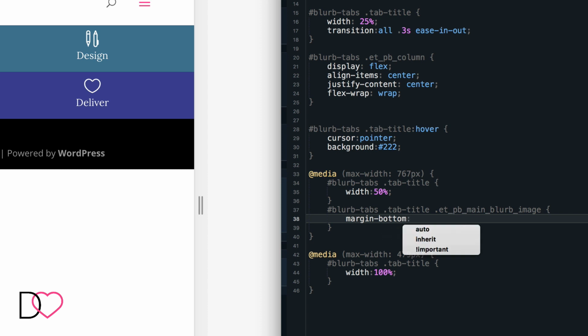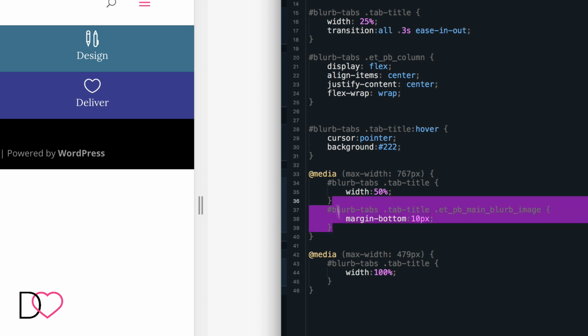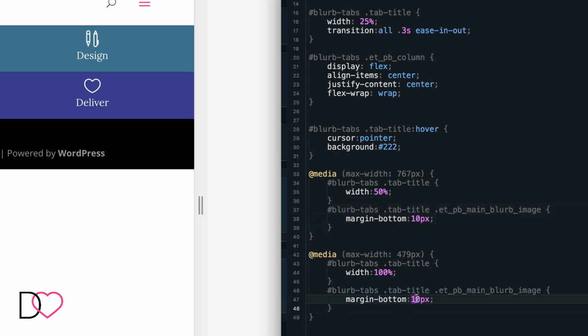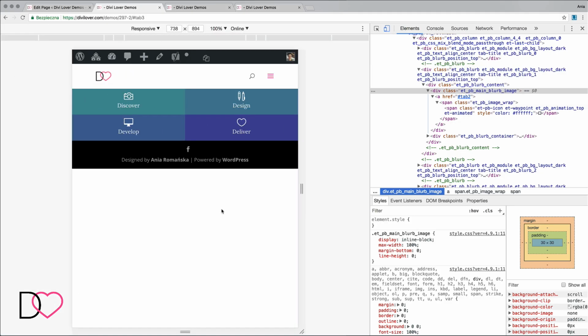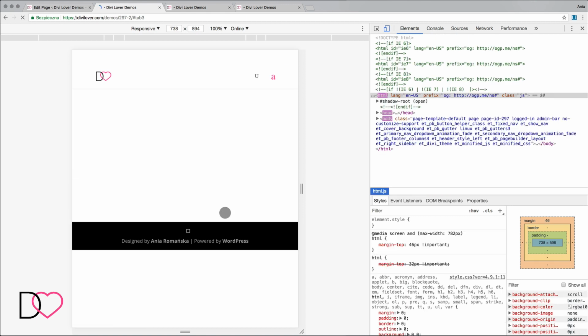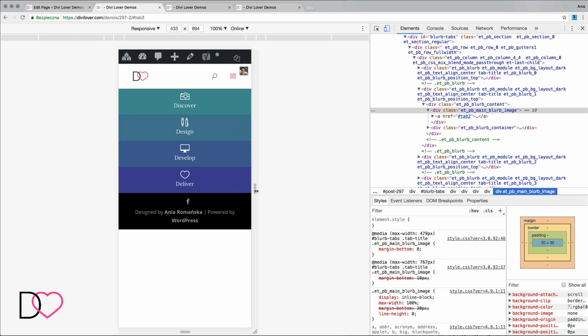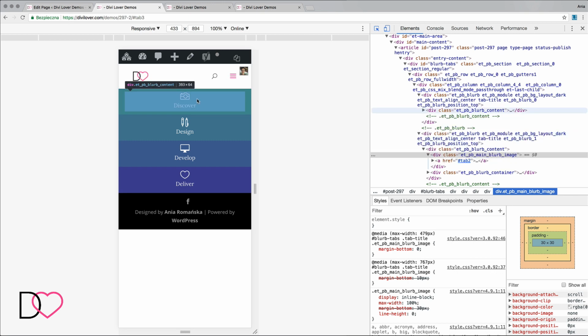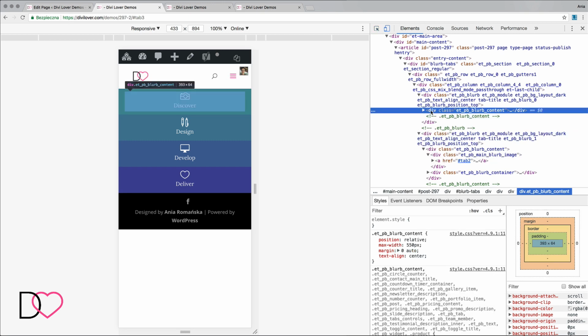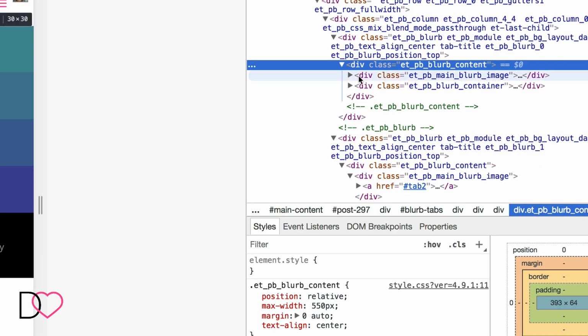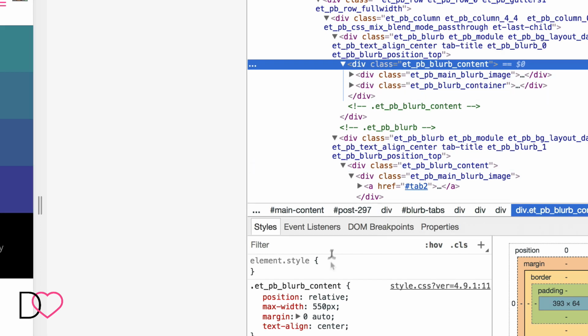Actually, maybe make it 10 pixels. We will remove the margin on mobile. Okay, let's refresh. Yes, that's great. And we can again use Flexbox to move the icon to the side. The parent container is this one. If we make it